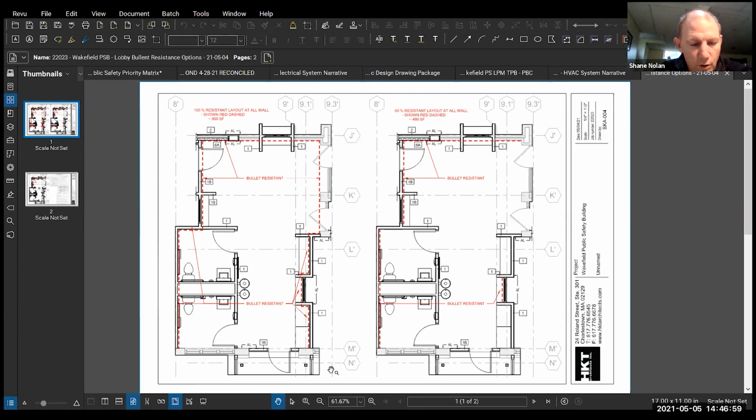So we wanted to talk about whether that was necessary, whether we can reduce it by a certain percent, whether we just need it in certain areas, or what you thought in the police department and the fire department. Certainly, we recommend, and we see it, that this wall is always bullet resistant at the dispatch, and perhaps at the transaction counters we want to keep those windows as bullet resistant, but do we need it in all the walls, and do we need it around the toilets here in the